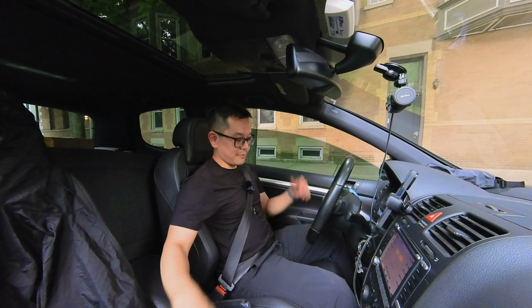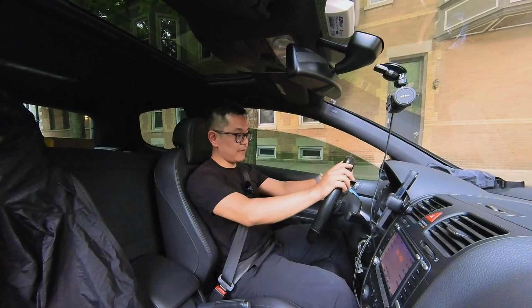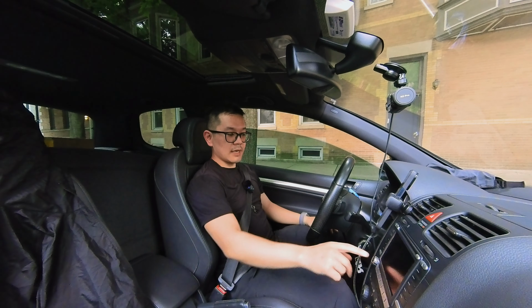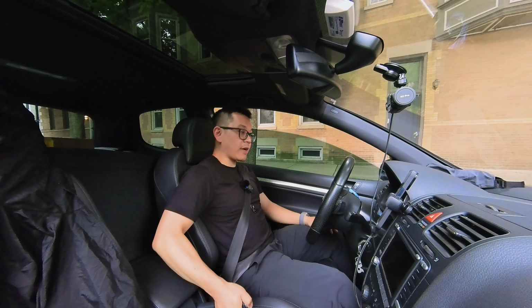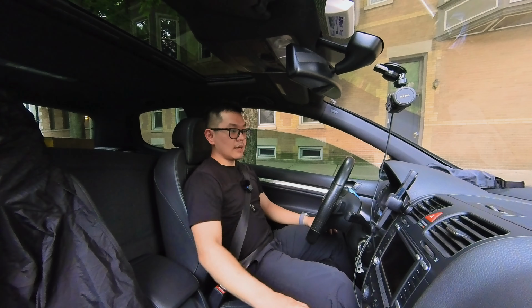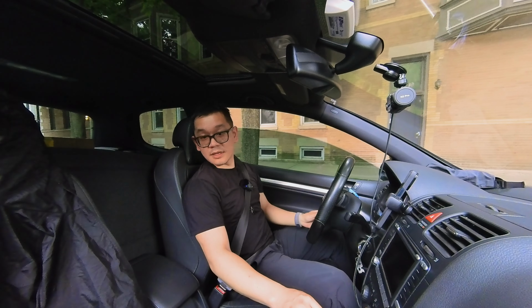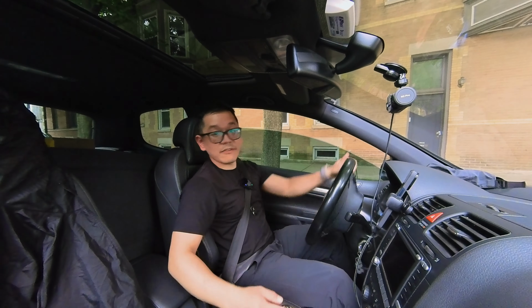What is going on? Alright guys, so here I am in the vehicle. Smooth process, but let me go ahead and just take off. We're gonna have to do some shopping, and we're gonna have to do a lot of driving home. So this is my first drive back,